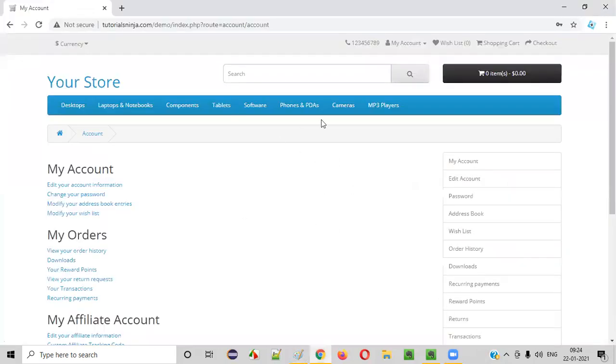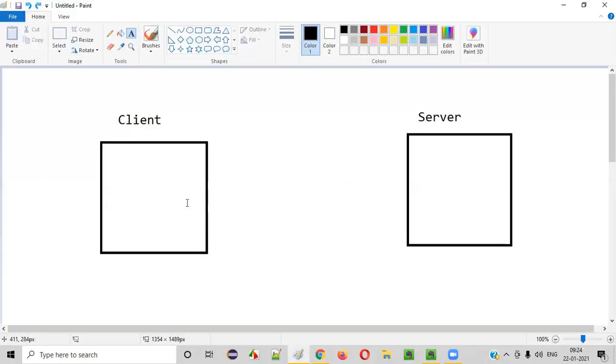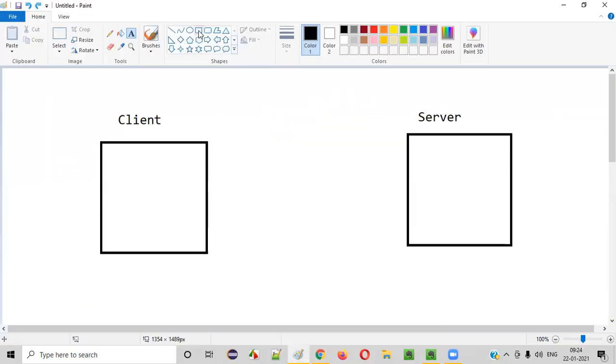Now what I'm doing is I will click on change your password. The moment I click on change your password, did I log out? No, I didn't log out. I'm still in the session. How is this session maintained, guys? The connection is gone, right? The connection is gone, but the session is still maintained. The reason I will explain.